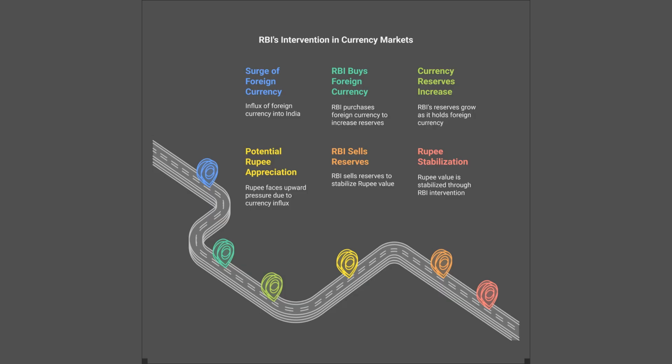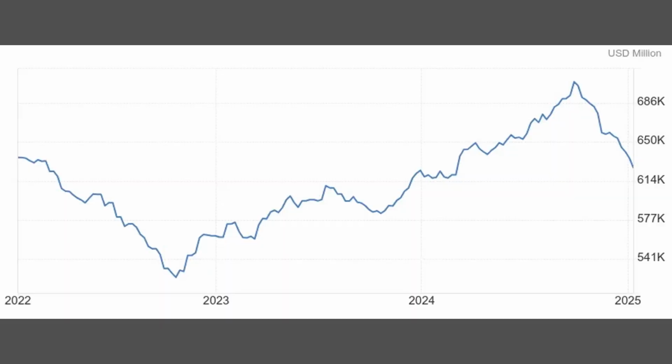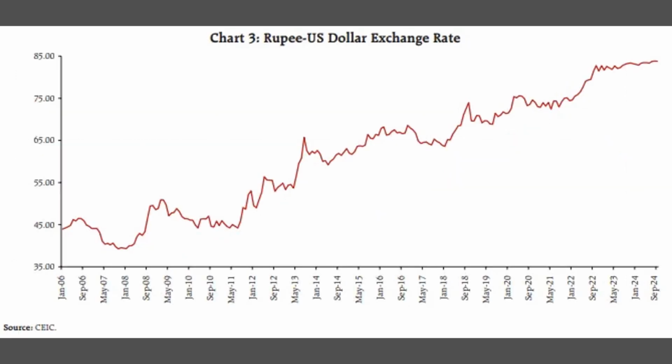Here is what they did. In short, when foreign currency comes into India, RBI bought a lot of it and kept it as foreign reserve. Otherwise, all that money would have been exchanged for rupees and the rupee would have gone higher. When the rupee price was falling too fast, RBI defended it by selling those foreign reserves and buying rupees. You can see there is a big swing recently in India's foreign reserve. RBI has always done this. Other central banks, especially in emerging markets, also do this. But RBI ramped up activity after August 2022 and now we can see the result of it. The rupee-dollar rate has barely moved since.